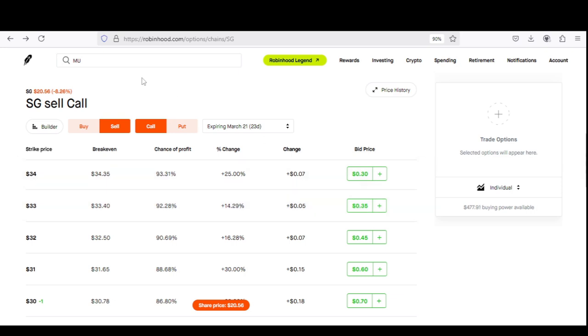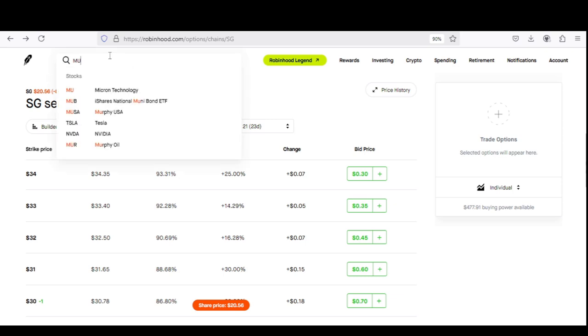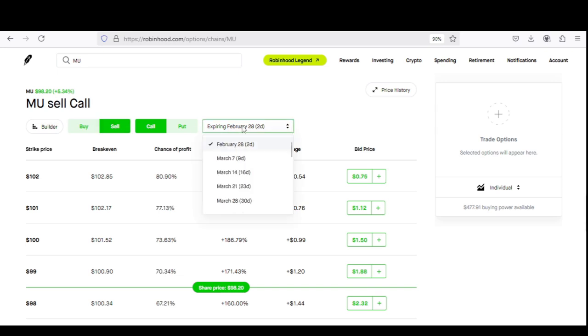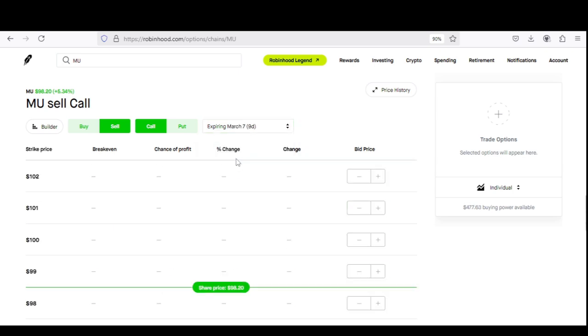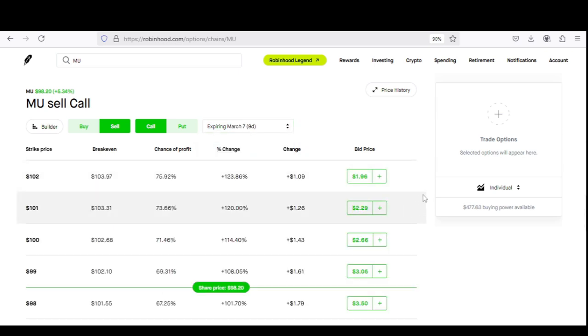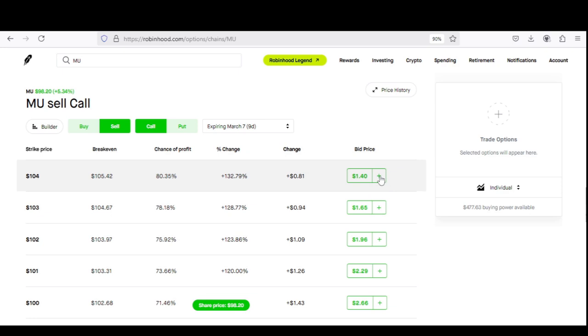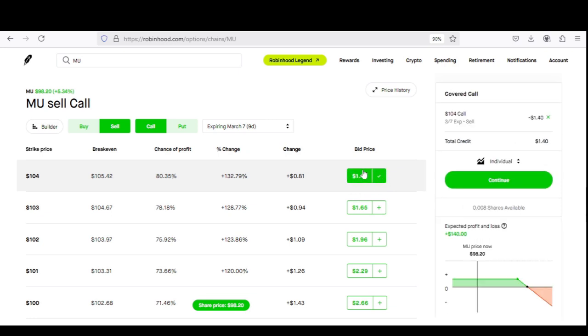Now, I did promise you guys I'm going to show you a nice stock that you could use in order to do weekly covered calls, and that's going to be Micron Technology. Okay, so here we are on Micron Technology, and I'm not going to go into detail with this. All you do, you go out, choose whatever expiration date you want. Let's use March 7th, just as an example. And then you're going to go ahead and choose your strike prices. Now I'm going to go ahead and choose the strike price of 104, and that's going to give me $140